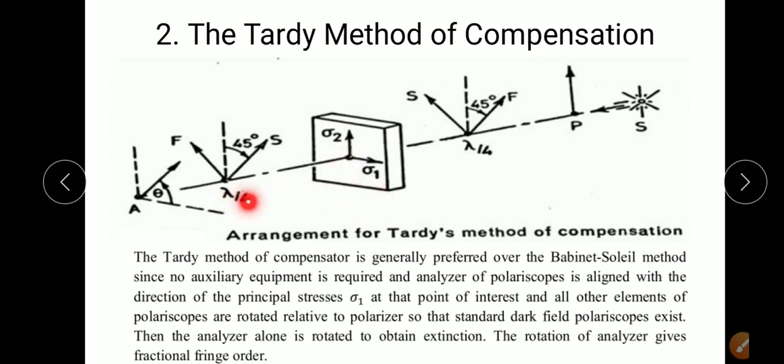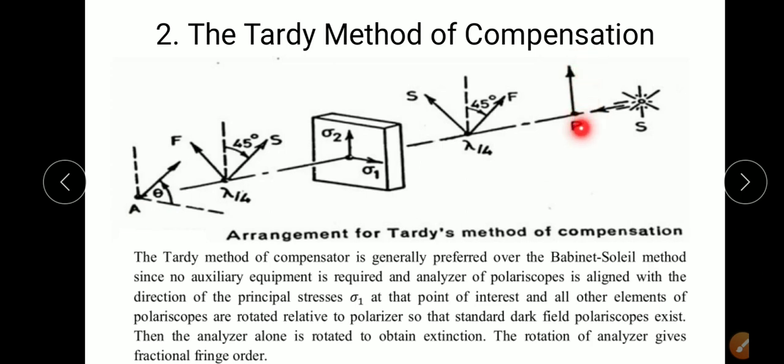And this is one more quarter-wave plate, the secondary quarter-wave plate. It is also at 45 degrees. You can see there are two axes of these quarter-wave plates, one fast axis and one slow axis. Similarly here the fast axis is here and the slow axis is here, so the quarter-wave plates are arranged with respect to one another. Finally, there is the analyzer. This is the circular polariscope setup. The only change is that the analyzer is not in the horizontal direction, whereas we always see the polarizer and analyzer orthogonal.